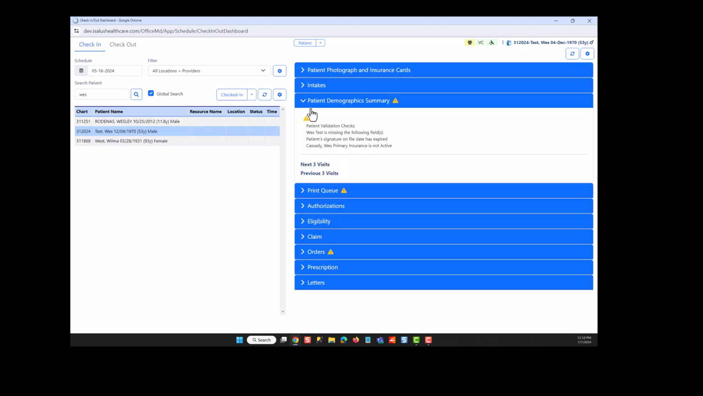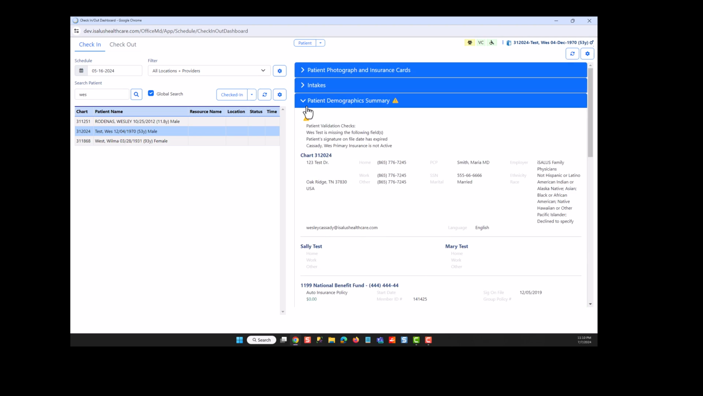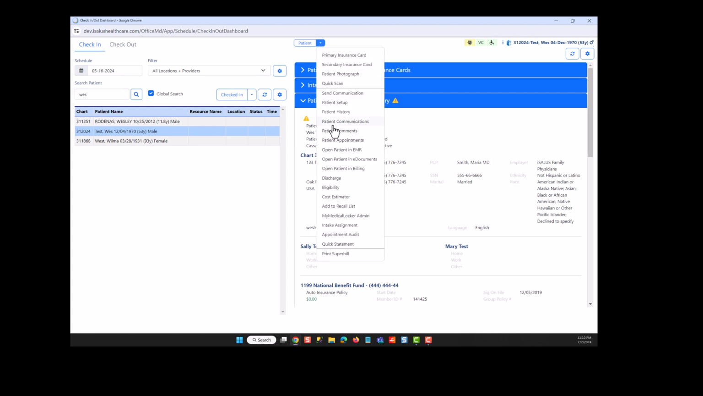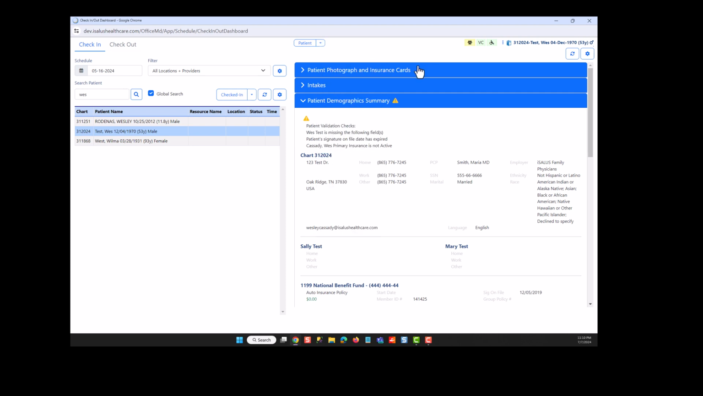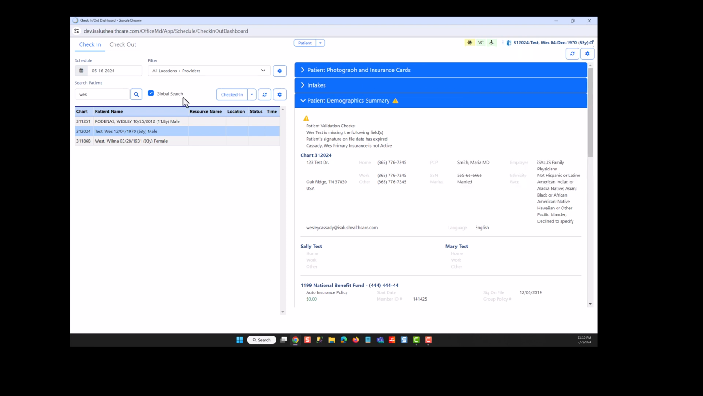Now, again, you could conceivably have what you need in this view, but you may need to navigate elsewhere, and you'd be able to do that using your menu here. And once you're done with that search, all you have to do is uncheck global. Global is just saying, forget my filters, don't look at this date, don't look at this filter, just search and pull up my patient in my database, right? Once I'm done with that, I uncheck,